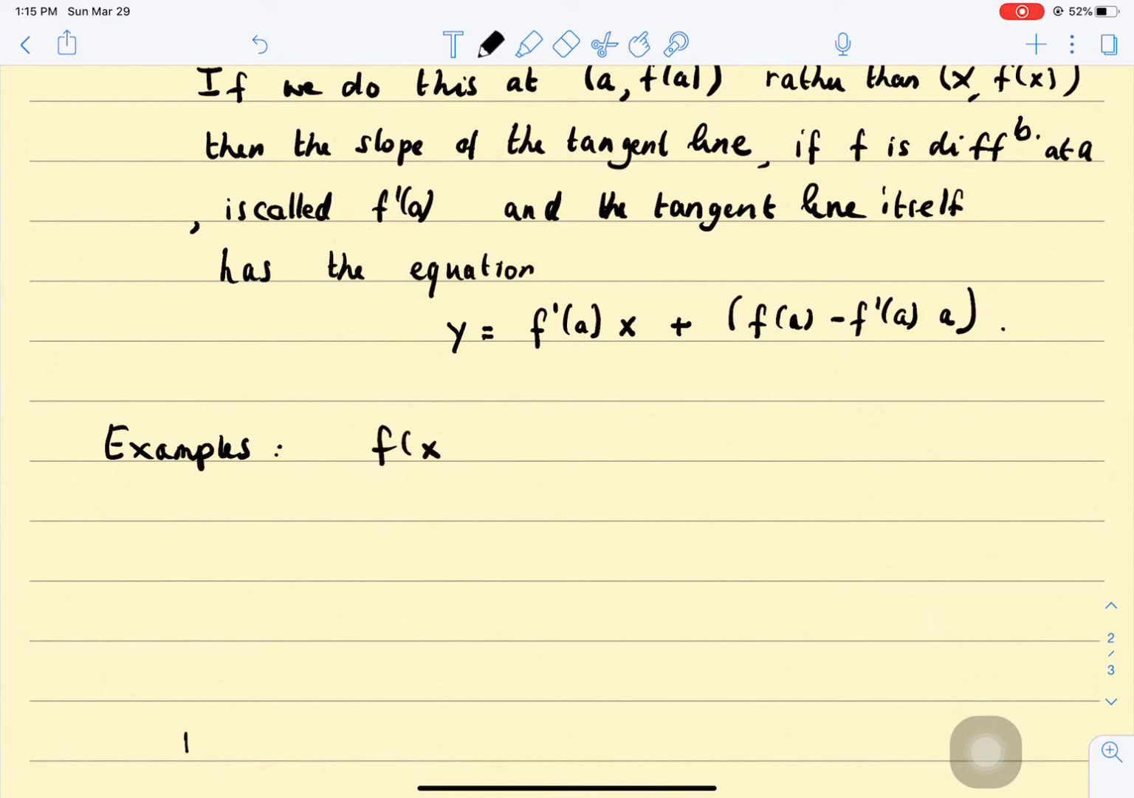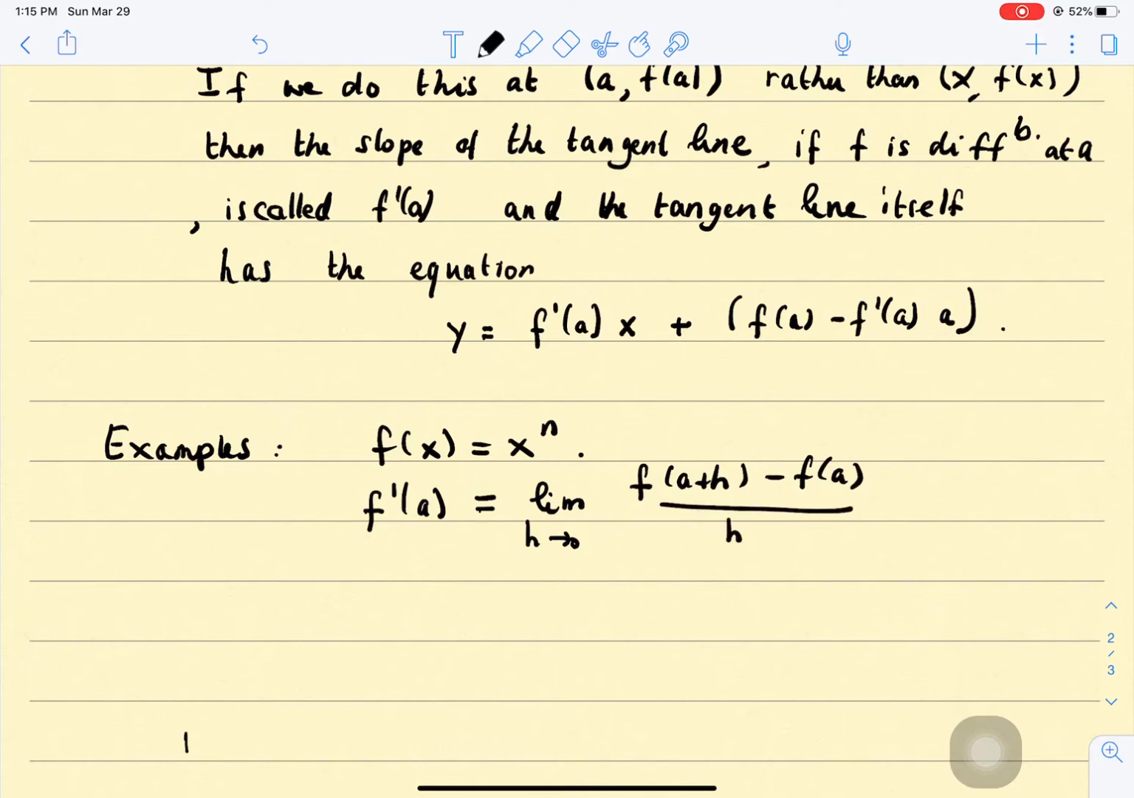f of x is x to the power n. I want to calculate the derivative at a. So I want to figure out whether f prime a does exist. Now I happen to know that it is differentiable, so I'm just already writing it as an equality. It's the limit as h goes to 0 of f at a plus h minus f at a divided by h, which is equal to the limit as h goes to 0 of (a plus h) to the power n minus a to the n divided by h, which is equal to the limit as h goes to 0 of